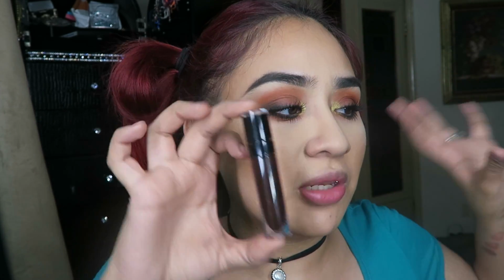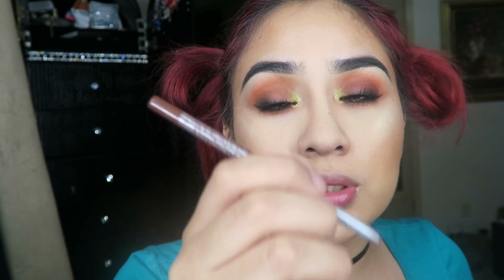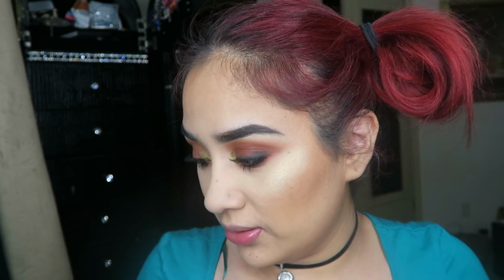Now for the lips, I'm gonna let that dry. I'm all blended right now. Okay, for the lips, I'm gonna take this color from Wet n Wild, and it's part of their limited edition fall collection, I think. My sister was super nice and sweet and got it for me, and I'm super thankful for that. So I'm gonna do that all over the lip. I just need to find the right lip liner for it. I think I'm gonna use this one. No, I'm not. Okay, so I'm gonna take Palladio's lip liner in Coffee,